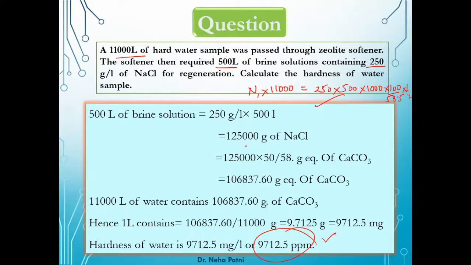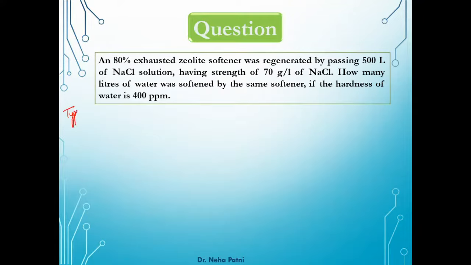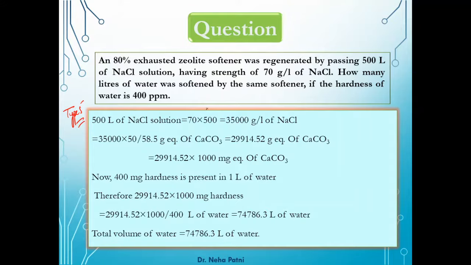You'll get this answer. Now coming to the next type, type 5 of the numerical. Herein, you're going to get all of the details. Hardness given is 400. You have to find out the volume of water. N1 is 70 gram per liter. Then 500 here is V2. Now this is in gram per liter, so you have to first convert it into CaCO3. Then the multiplication, like valency factor, and multiply it with 1000 in order to convert it into milligram per liter. And then easily you can find out the V1.